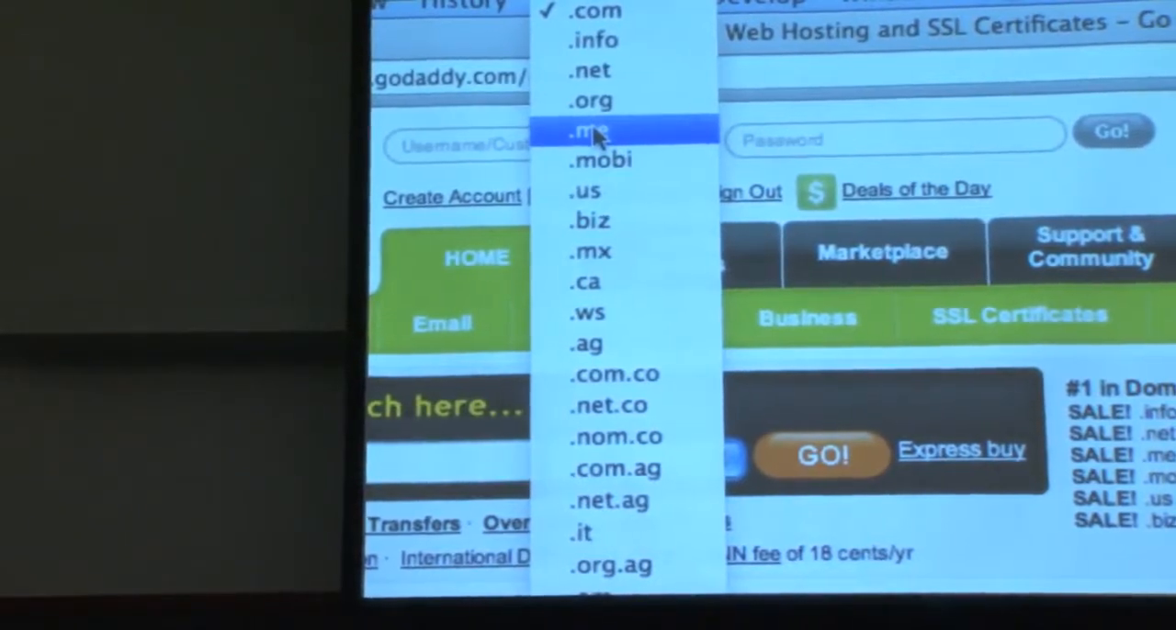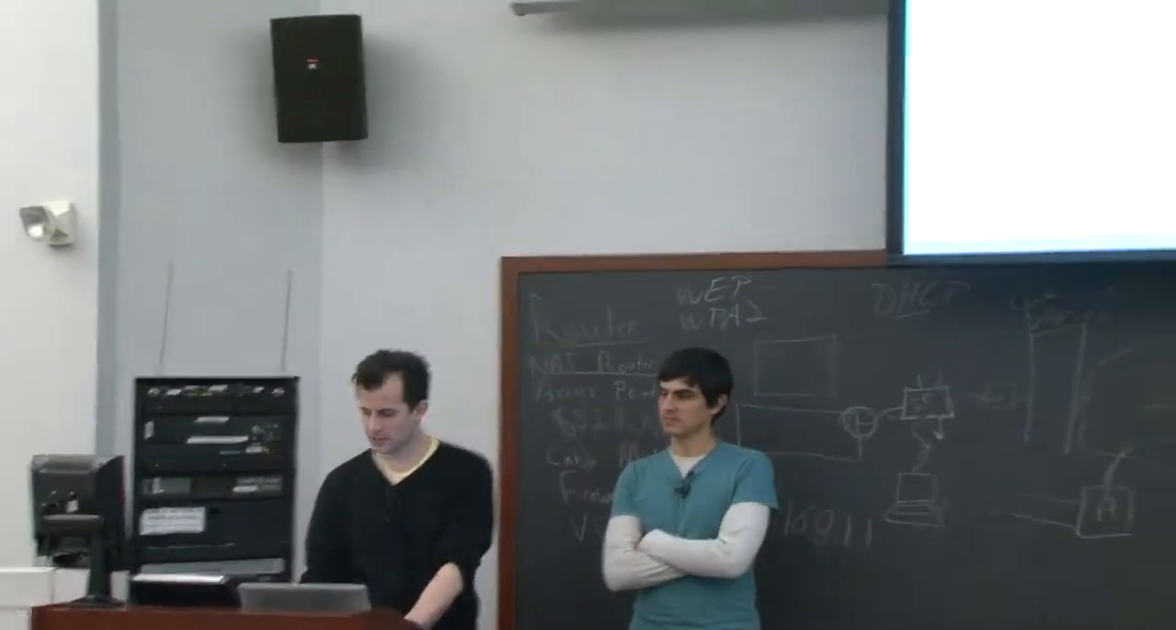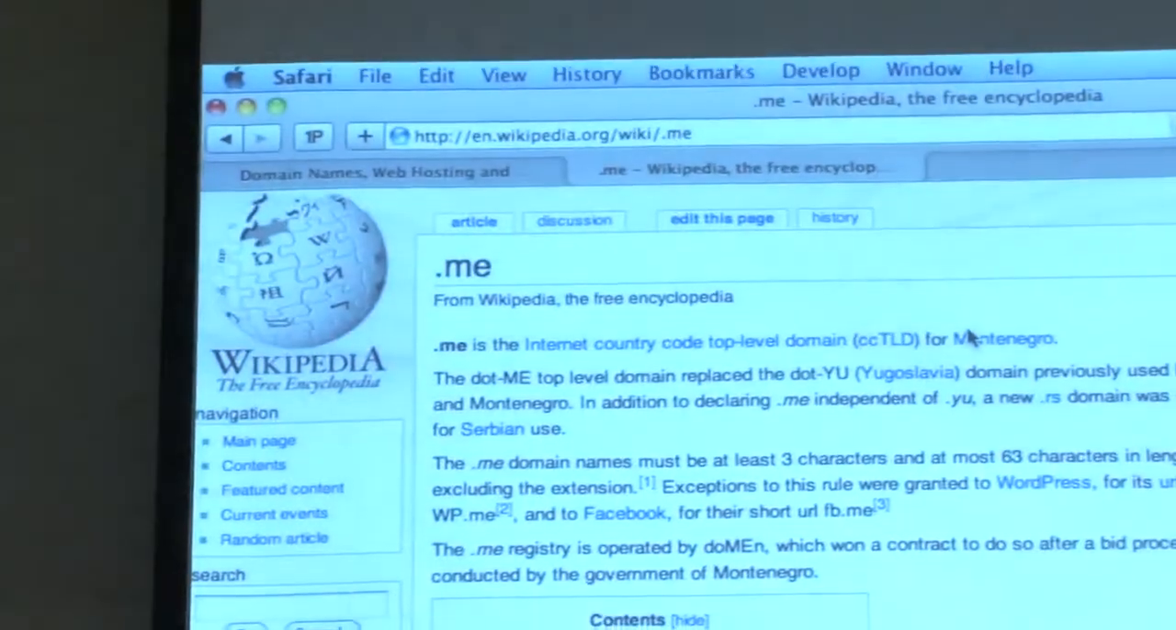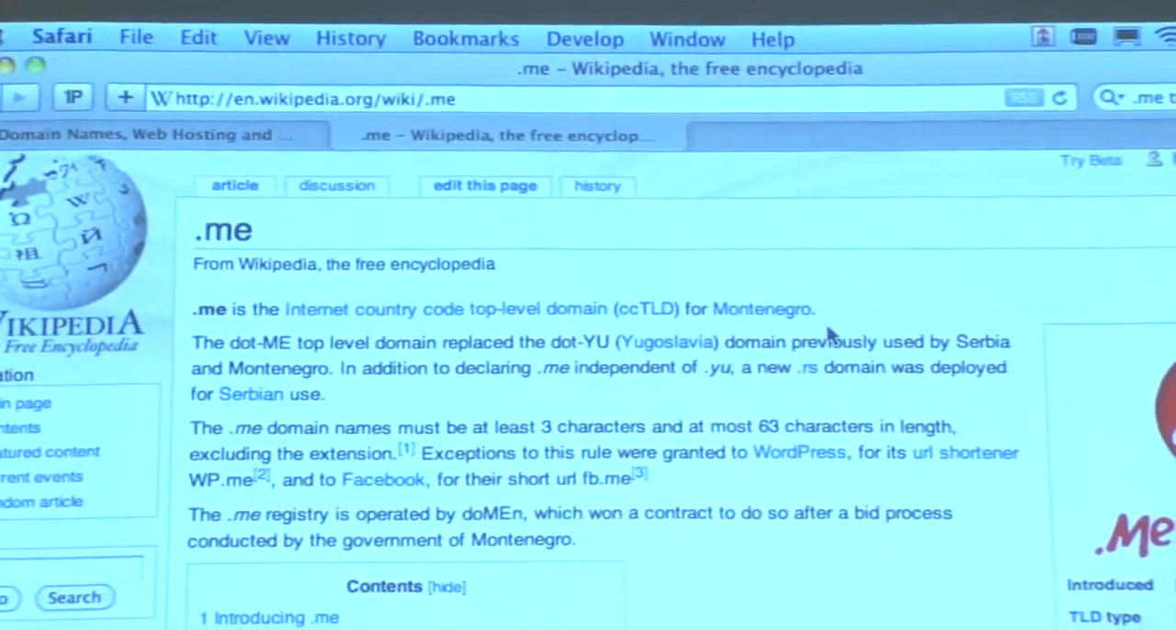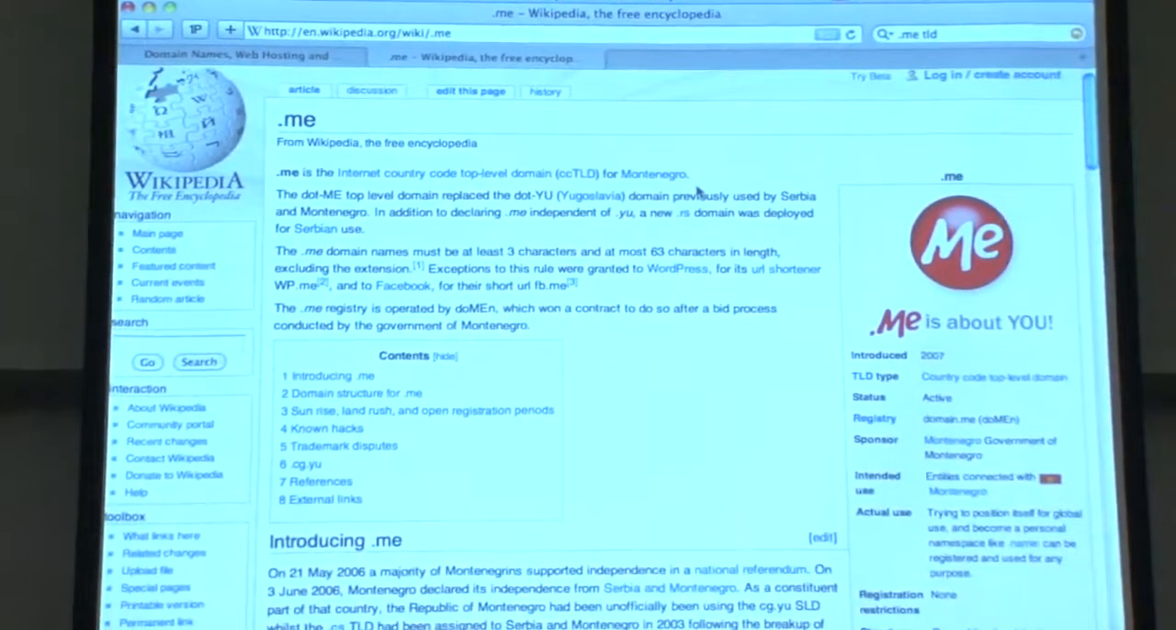OK, so it's actually a good segue. Let's do this right now. .me sounds interesting. You'd think, oh, that's for David.me or Dan.me if you want to have your personal website. But I'm actually going to search for .me TLD. This is going to bring us to Wikipedia. And it actually is the country code TLD, a special type of TLD that's supposed to be owned by a